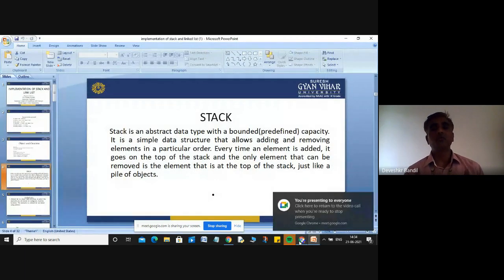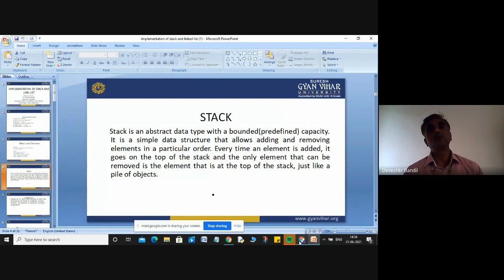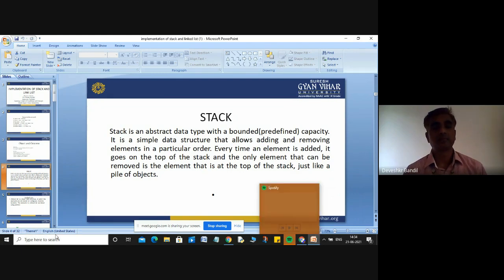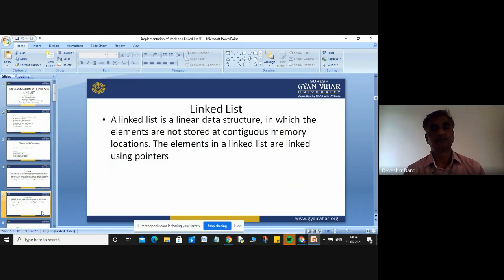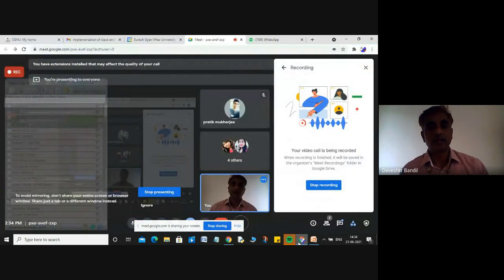And the element that can be removed is the element that is at the top of the stack. Also, if you want to remove an element from the stack, you will remove it only from the top position, just like a pile of objects. Okay, and after the overview of your stack,